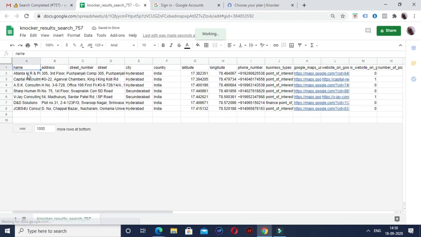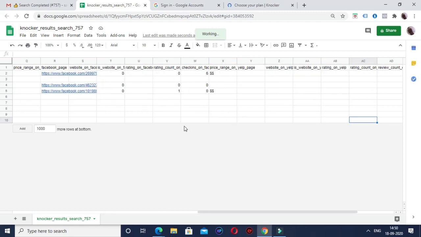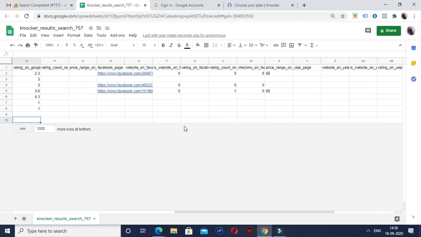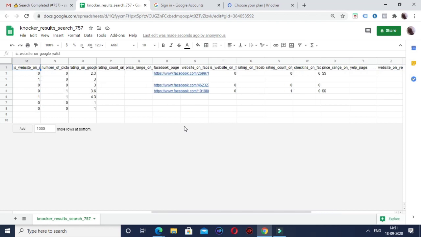You get the business name, address, city, and the Google Maps location. You even get the phone number as well. So this is their business information as per this tool.